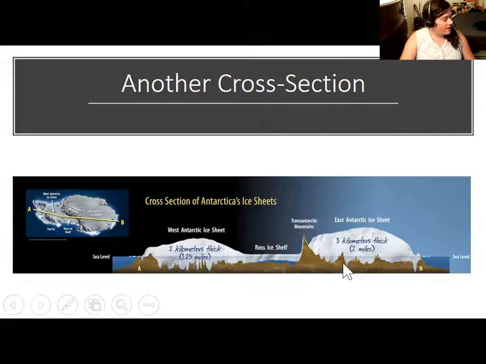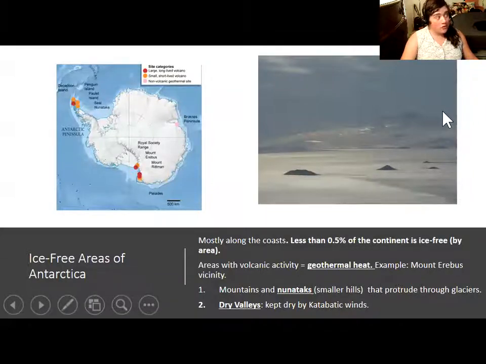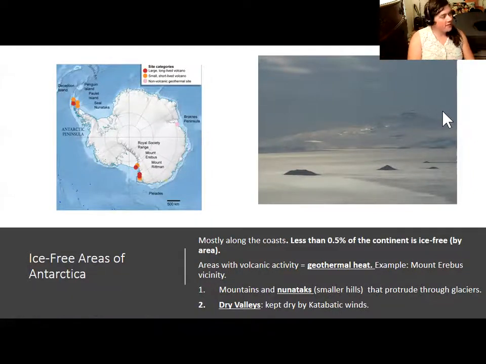And this is another cross-section to give you a general idea. You'll see that if you actually try to run from one side of the Antarctic to the other, the West Antarctic ice sheet is kind of tiny compared to the East Antarctic ice sheet. Not trivial by any stretch, but relatively tiny, all things considered. There are not a lot of places in Antarctica that don't have ice. You are either going to be close to the coast, where the continental effect and the effect of the ocean makes it a little balmier.